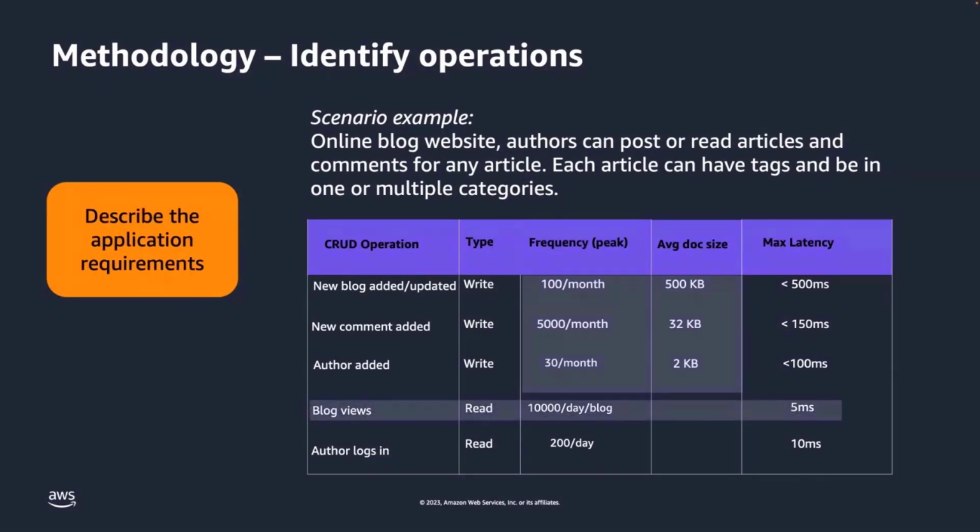For example, in this case, viewing a blog is the operation that occurs most often at peak times and also has a requirement for the lowest latency. This will drive the design to reduce the number of queries when retrieving this information. For example, maybe use the embedded model as much as possible, or embed as much necessary information in the blog post to help reduce multiple queries from different collections.